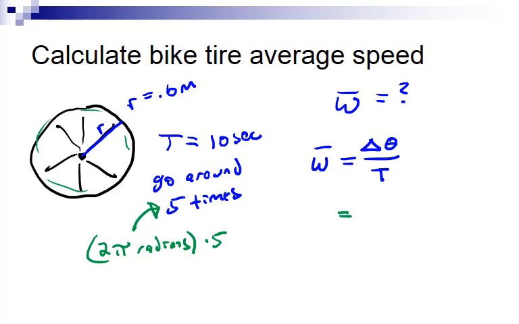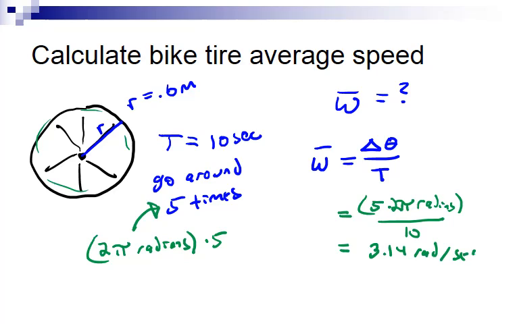So the total angle would be 5 times 2 pi radians, which is 31.4 radians. And then the time period would be 10 seconds. And 31.4 divided by 10 would be 3.14